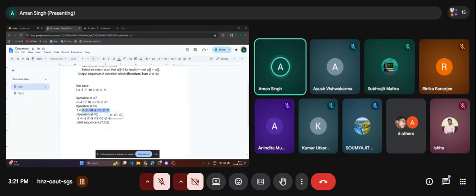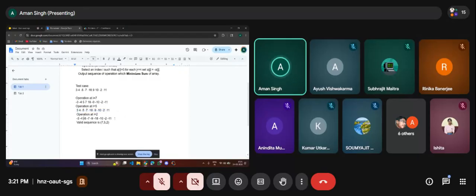Okay. So the next thing we need to do is make these elements also negative. You can easily see that we can use one more operation at i equal to 1 index, and I am saying that this is zero-based indexing. So if we use another operation here, it will easily become negative.